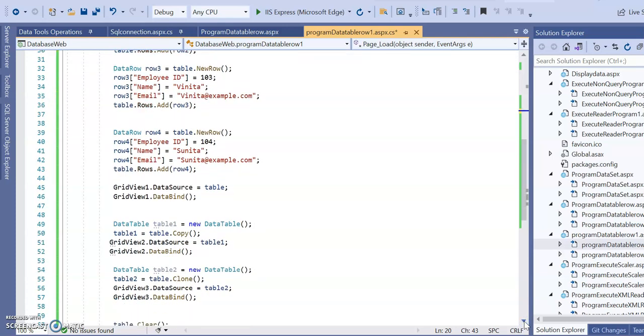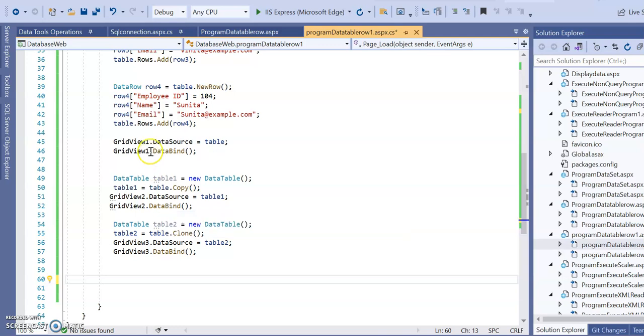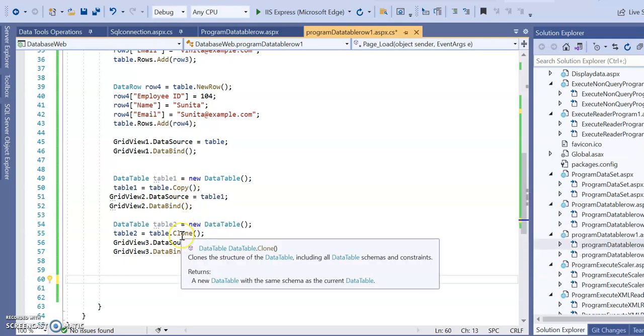Once you have done with the number of rows, you can bind it with the grid view: data source table and grid view data bind. Once you have done this data bind, it will bind with this table and be displayed in the grid view 1.